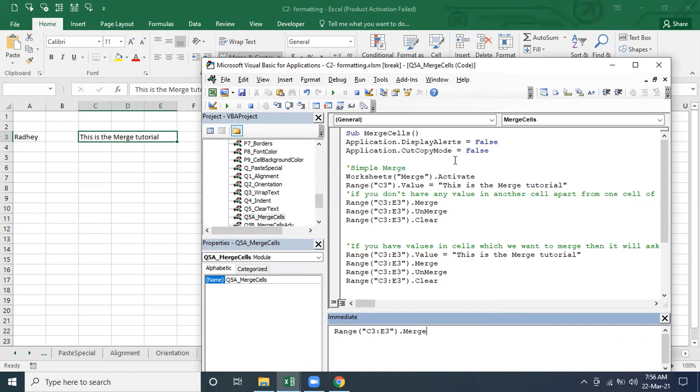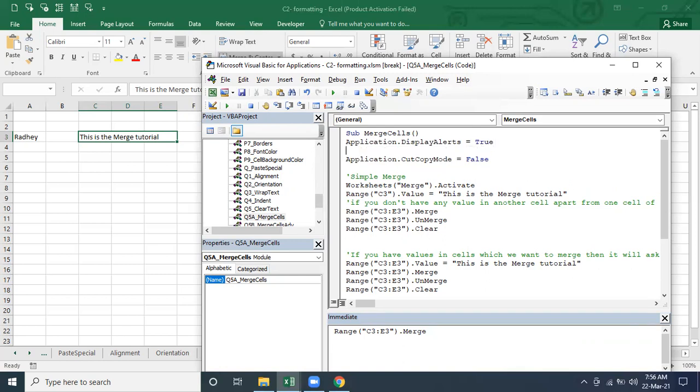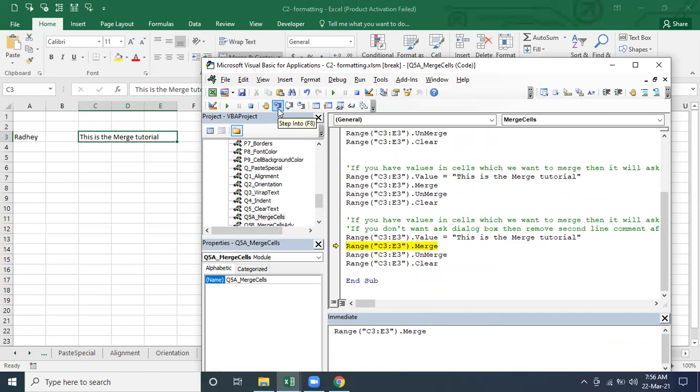It didn't appear, that display alert, because I made it False. If I make it True, then it's going to show, exactly. Right? So this is the one. You see, as of now, it's True only. So let me execute now.